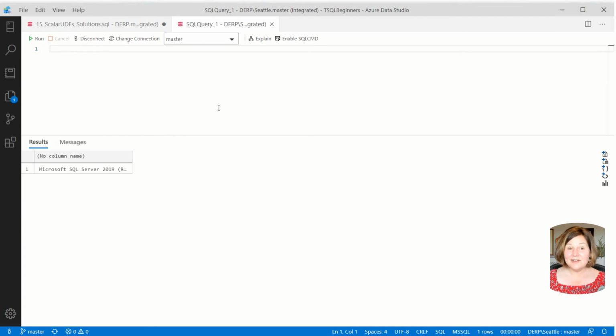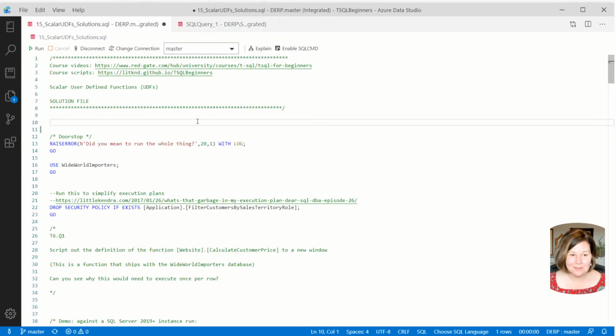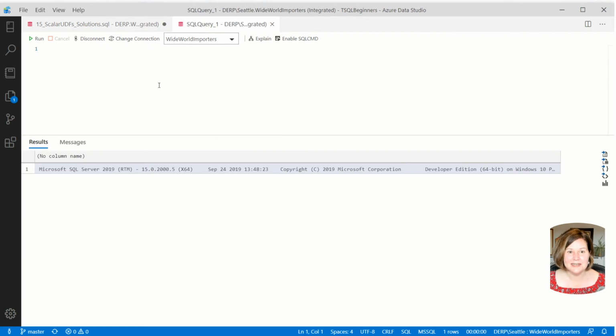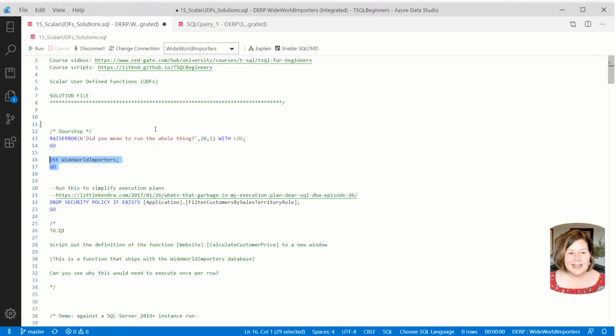So this will allow us to compare. I have Wide World Importers restored to both instances. So they have added some functionality to SQL Server 2019 to improve the performance of functions, which is really interesting, so we can compare. All right, we are going to use the Wide World Importers database in both of our sessions, and let's get